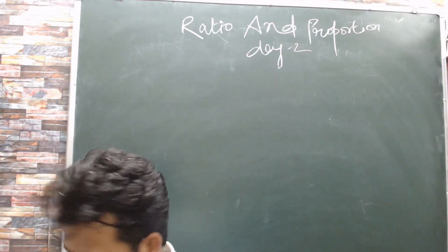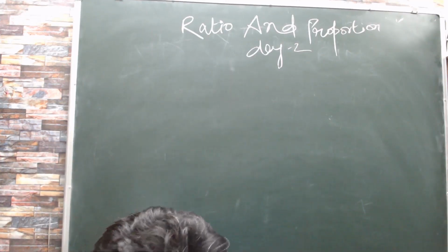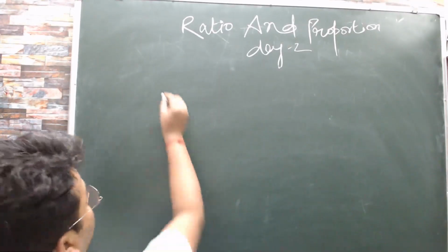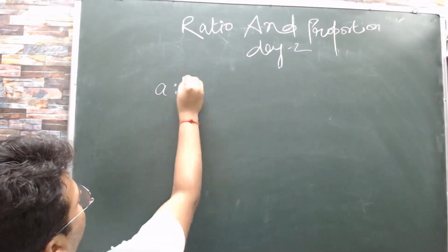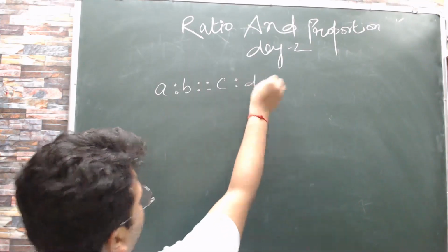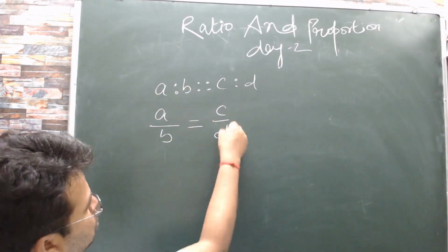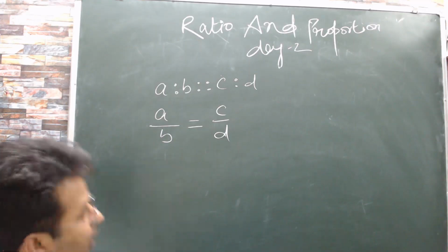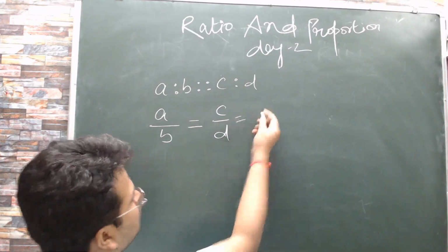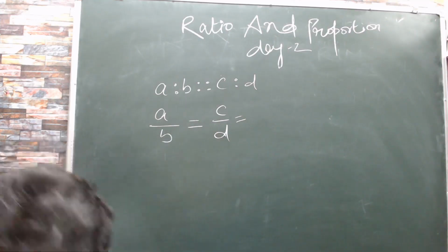Okay, so let's start with the very first question. Today we start with the proportion. Now, see, if A ratio B is in proportion with C ratio D, it means that A upon B is equal to C upon D. So when we write A upon B is equal to C upon D, it means that